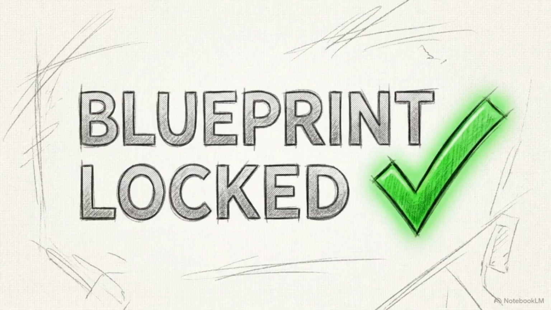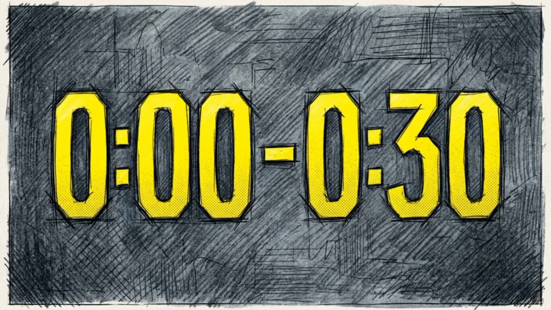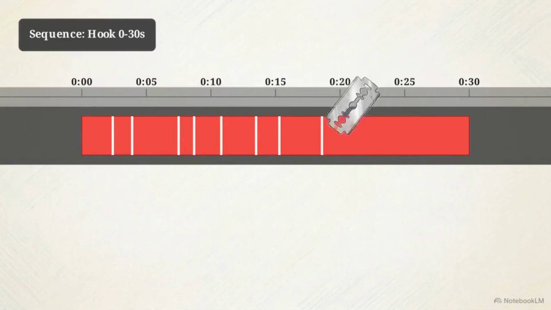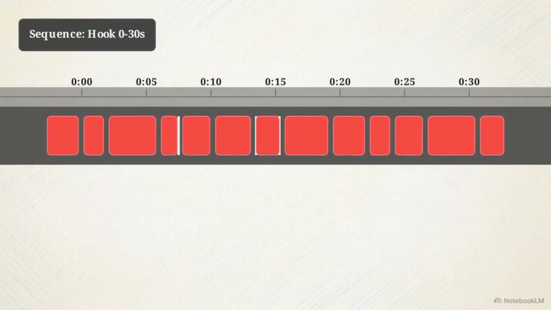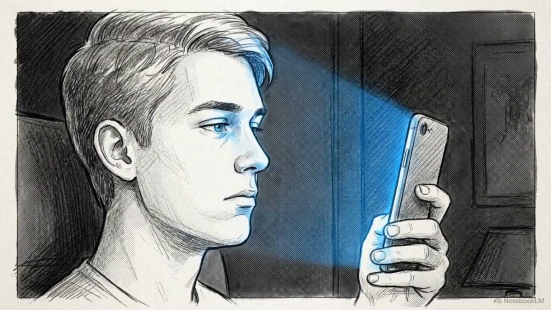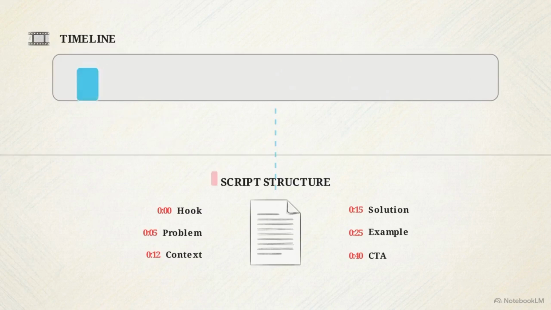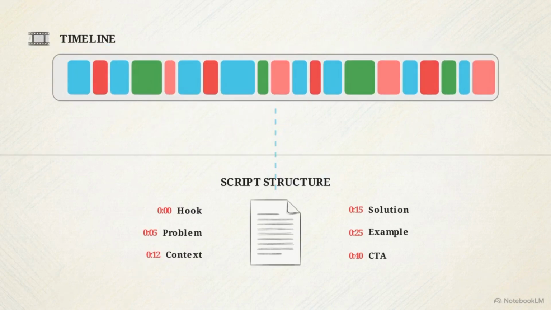Now that the overall structure is set, we need to focus all our attention on the most critical segment of any short-form video, the first 30 seconds. This animated timeline shows exactly how dense your opening needs to be. Look at this rapid succession of vertical razor cuts. We are taking a single continuous video track and breaking it down into multiple fast-paced segments. If you let a single clip run for too long at the very beginning without a visual change, the pacing drags. Viewers will scroll past before your main point even starts. By combining a rigid written structure with an aggressively cut opening, you build a foundation that actively holds the viewer's